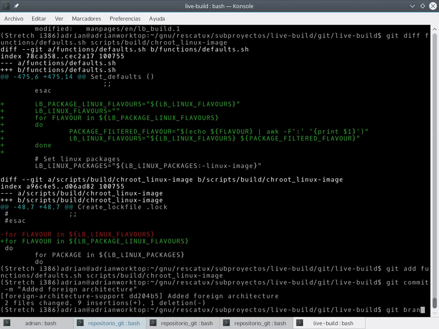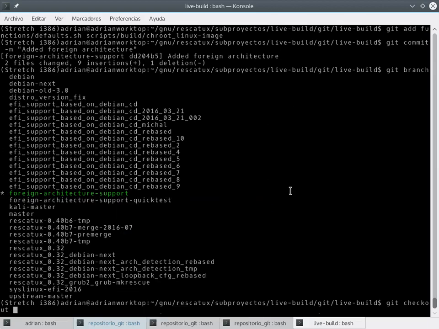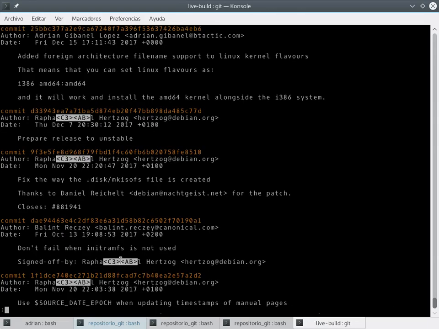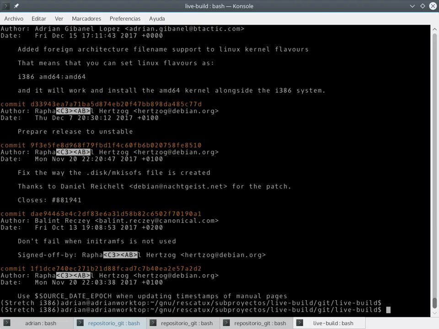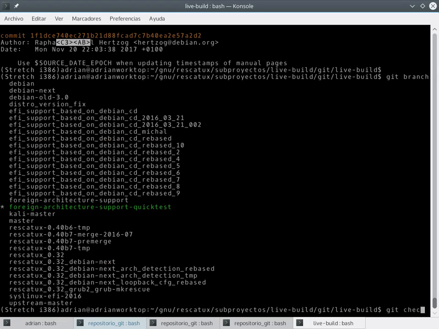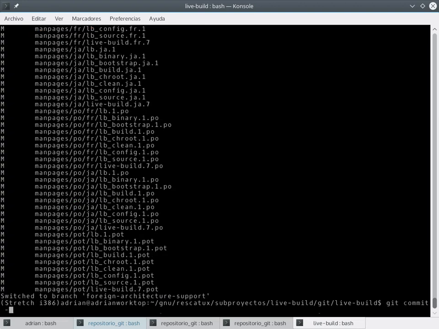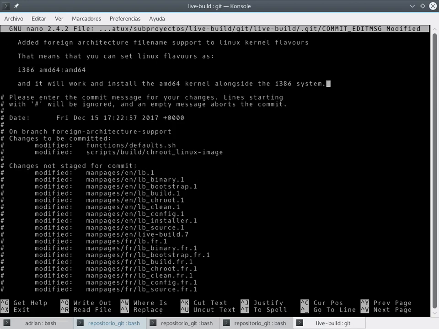But git branch. I can go into the quick test, this one, and I will copy my description because it's far better than the one I have. So git checkout foreign architecture support. So my last commit, I amend it. Now I can copy and paste this thing around here. So added foreign, that means that you can set Linux flavors as